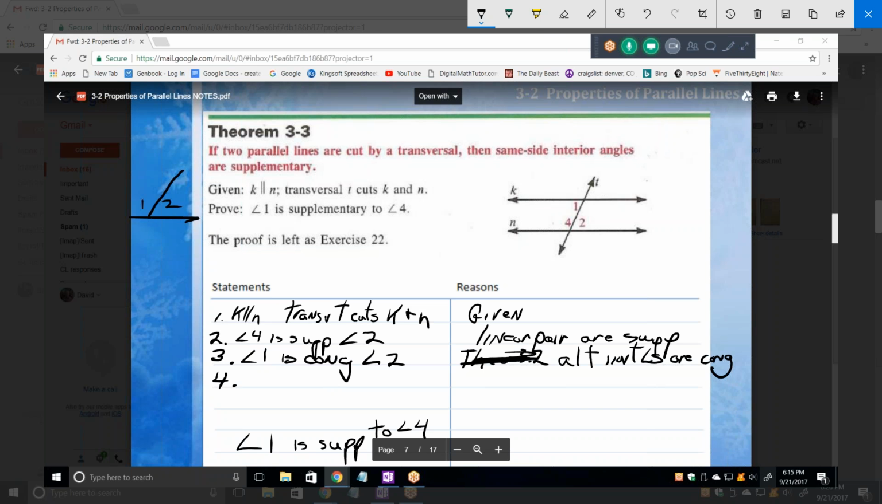Now, what should 4 say? Angle 1 plus angle 4 equals 180, so supplementary. Well, I think the next step is the proof that angle 1 is supplementary to angle 4 because angle 1 is congruent to 2. So by the transitive property,